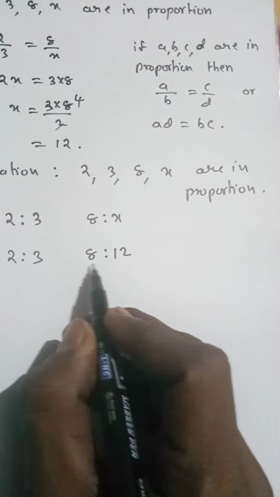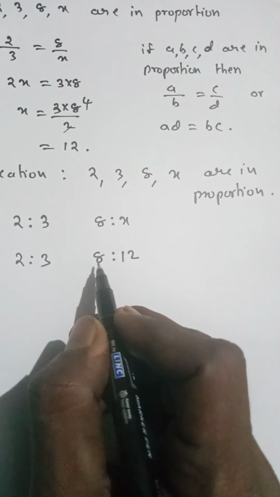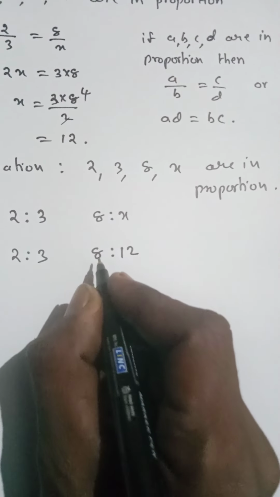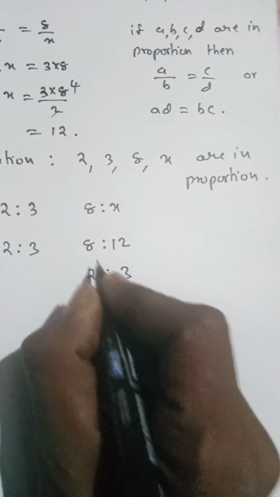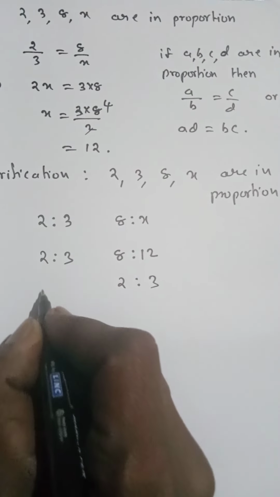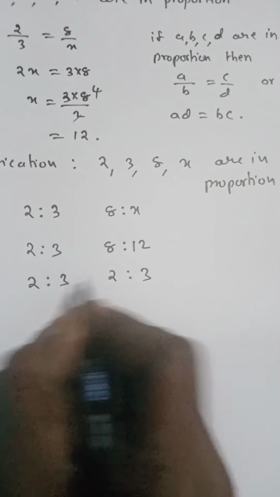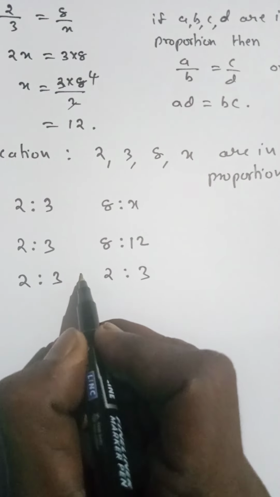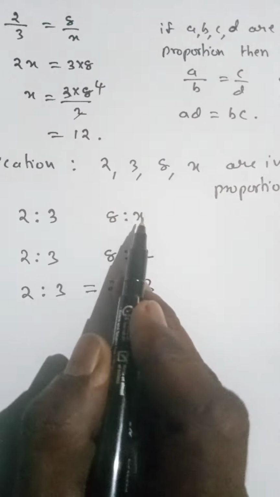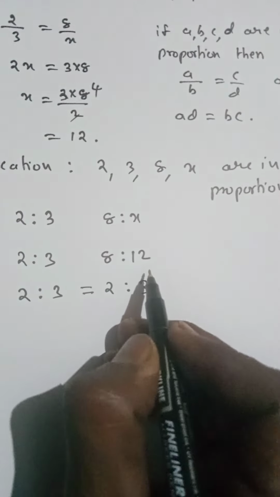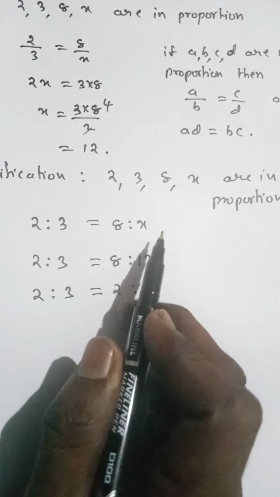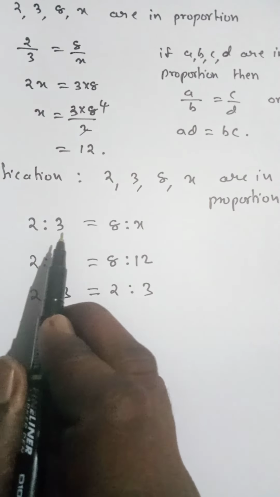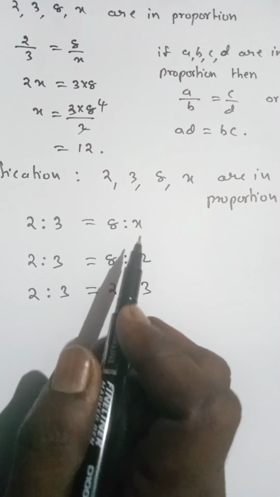Once you check both the terms, we have one common factor, it is 4. After cancellation by 4, you will get 2:3 only. 4 twos are 8 and 4 threes are 12. So finally we can understand that both the ratios are equal. To make both the ratios equal, the value of x must be 12. So by seeing both the ratios, you can also know the value of x directly.